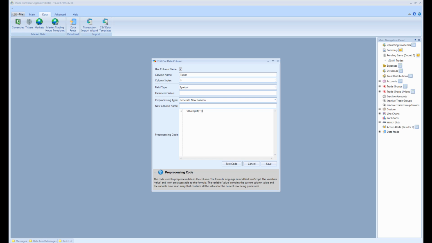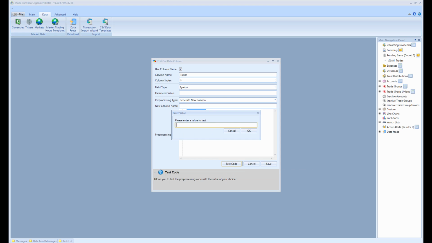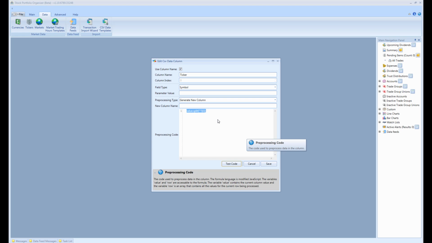And we want the second value, which will be the symbol. So we can make sure that this works by selecting it, then clicking Test Code. I'll enter the value, and then click OK, and we know it works. So that's the symbol. Now we just need to create the same type of code, but to extract the market